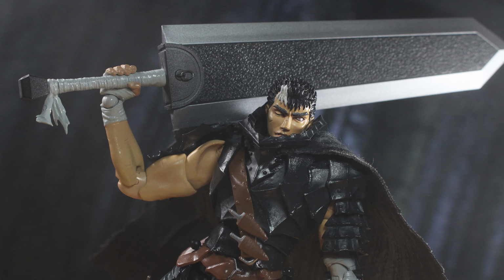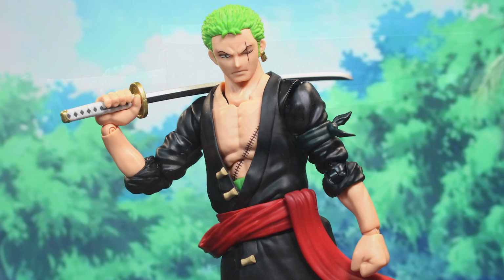It's not the least articulated figure in the world, of course, but yeah, the articulation should be better, and the proportions are a little bit off. Now, I don't think that the proportions are too bad. I think his arm's a little too long and his feet are too small, but some people definitely have a problem with that. So, yeah, that particular figure, Guts, really highlighted just how bad the quality was with Tamashii Nations